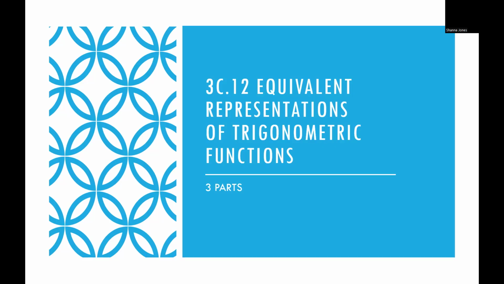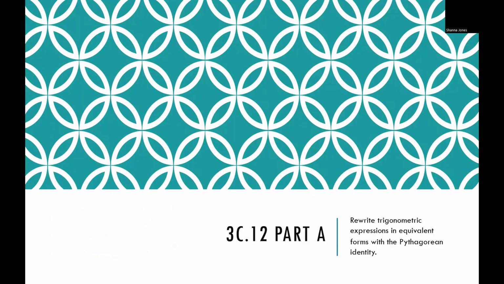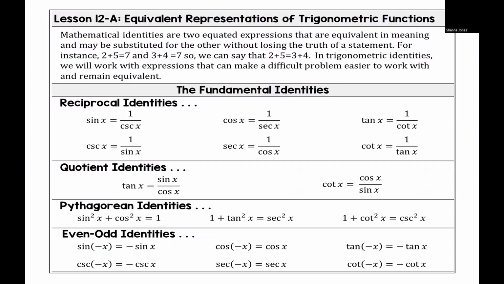All right, so we're on 3C.12, which is the last section of 3C. On 3C, you're introduced to what we call equivalent representations, which are our identities, okay? From our identities, you do need to memorize them. So starting off with part A, the first identities that you should have been introduced to are your reciprocal